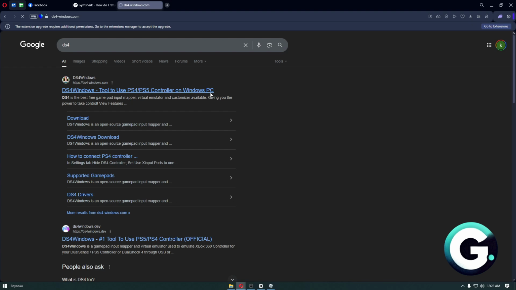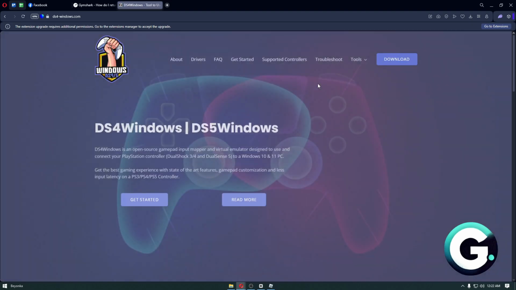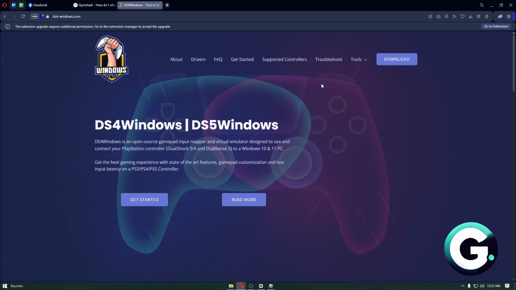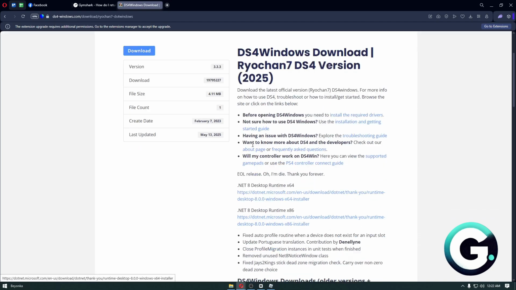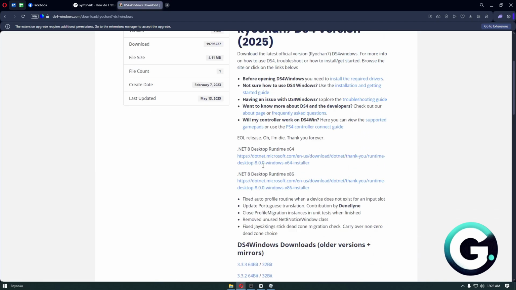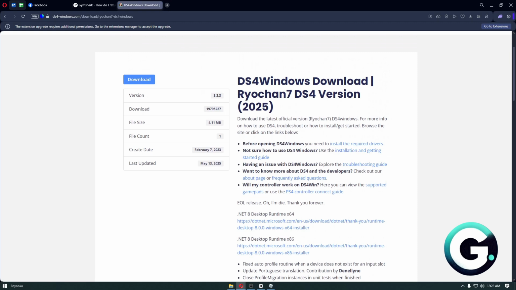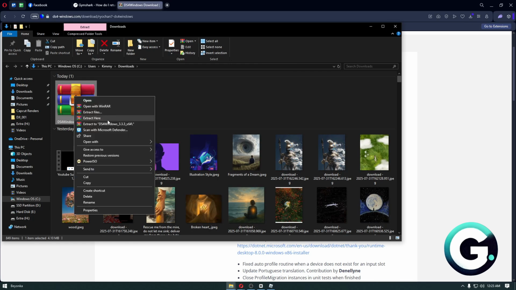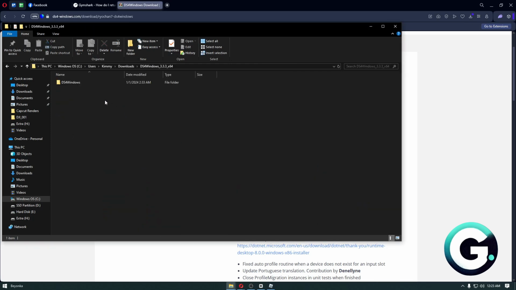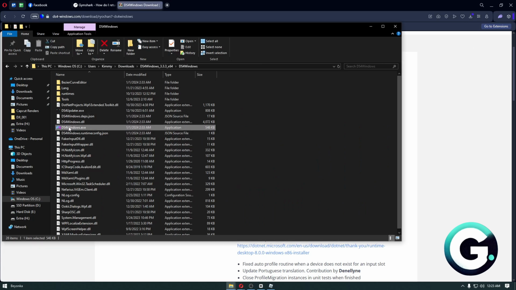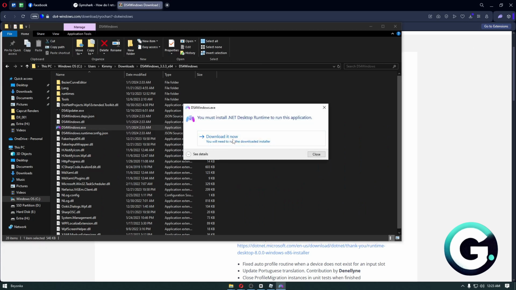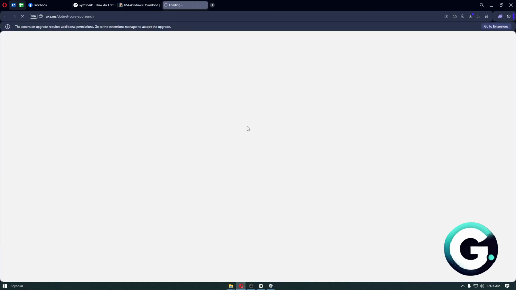And from here, we will be able to use our PlayStation, like PlayStation 4 or 5, to play our games. Click on the download button. And from here, once again, go ahead and select your version. Click on the download button. Open up the file that we have downloaded. And from here, extract it right here. Now to simply install the application, just click on ds4windows.exe, click on the download it now button, and from